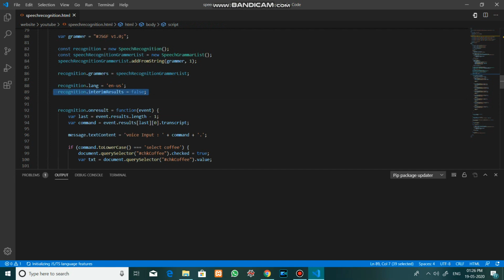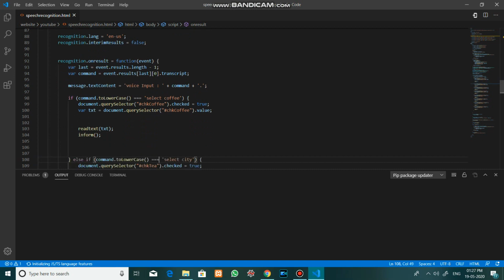We set the value of interimResults to false. When the user stops giving his command on the result, the recognition onresult will be invoked.